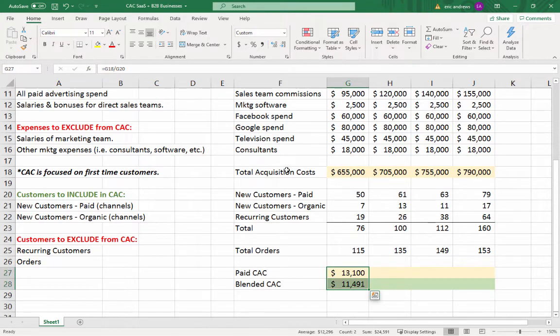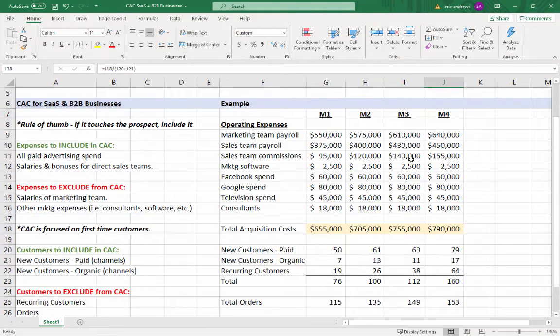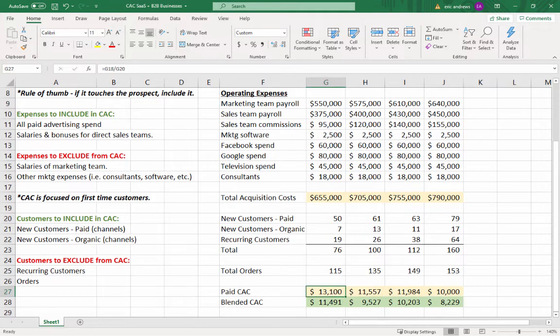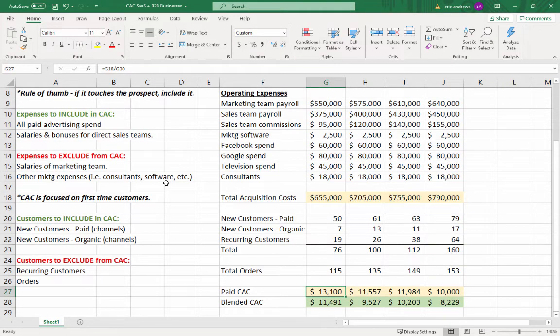And now I'm going to hit Control C, Shift right arrow, Control V. And in this situation, you see that our paid CAC is going down over time and our blended CAC is going down. Of course, this is just a couple months here, but this is how you would calculate it. Oh, and in case you're wondering what is the average CAC for a SaaS company,